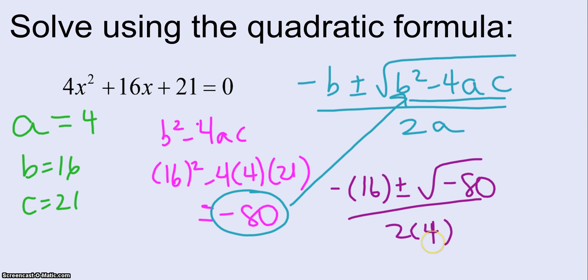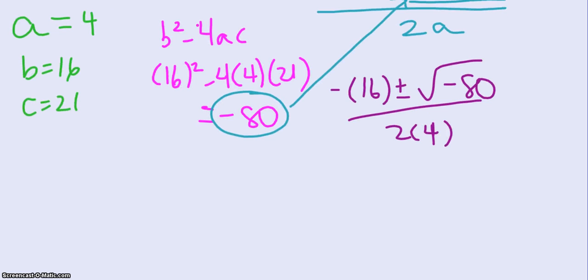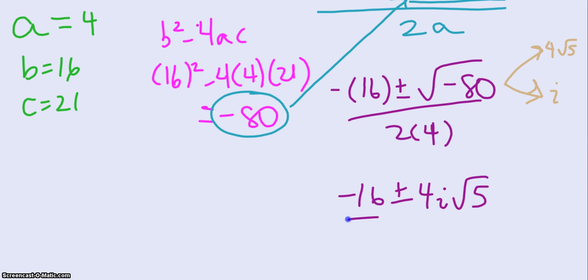So we have some simplification that needs to happen here. So negative 16 plus or minus, now negative 80, if I type it in my calculator, is going to result in 4 square roots of 5. So I typed in the square root of 80 and I left the negative alone because I know that if I type a negative under the square root, I'm just going to get domain error. So then the negative results in an i. So I have 4i square roots of 5 over